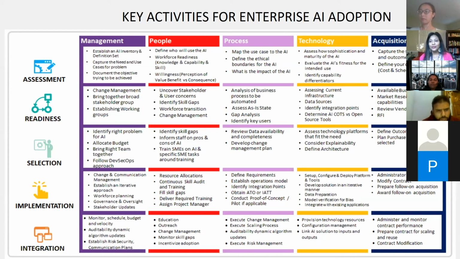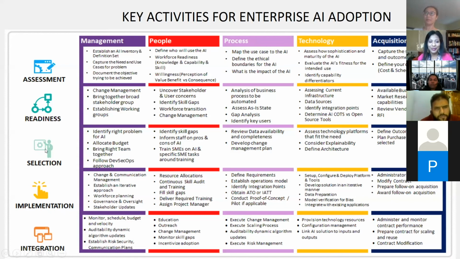So there is a statistic that says that for every dollar you invest in an AI system, you will spend $100 in change management, how it impacts your people and processes. So it's very important to spend time on your assessment so that you get your return on investment on your AI implementations. And everything else: readiness is preparing the organization and establishing the stakeholder committees as well as the working groups. Selection is selecting